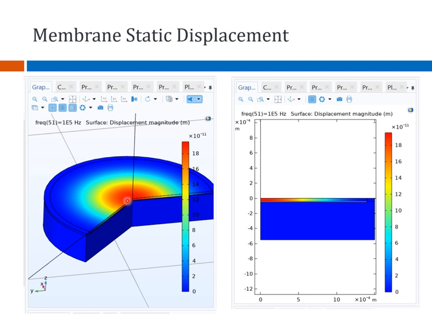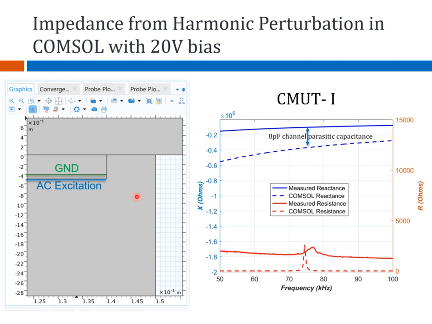Towards the center. So these red regions show more displacement. Now, if the silicon plate is grounded and you apply the AC excitation to the bottom electrode, which is a stack of titanium and gold deposited at the bottom of the glass,